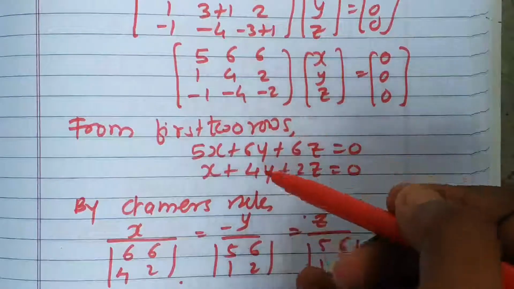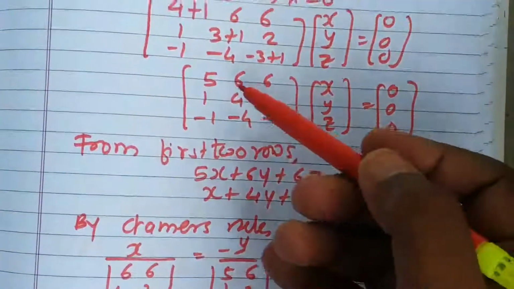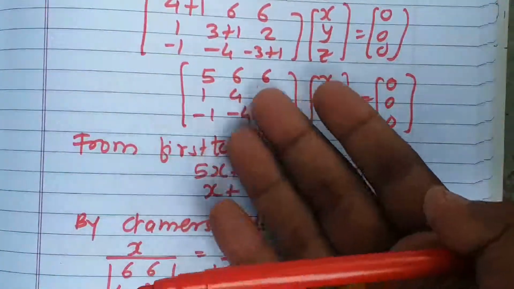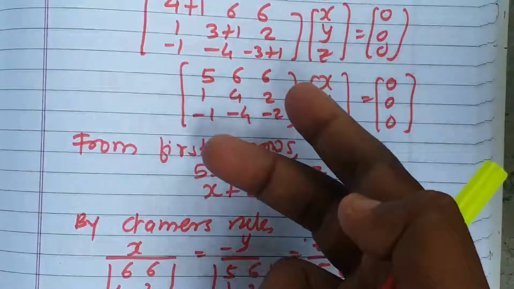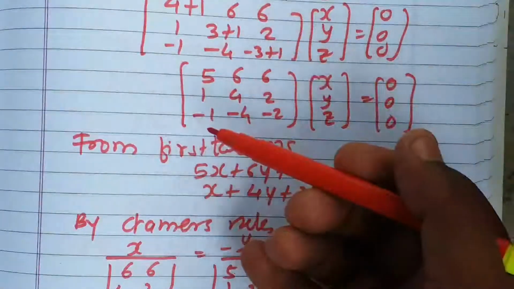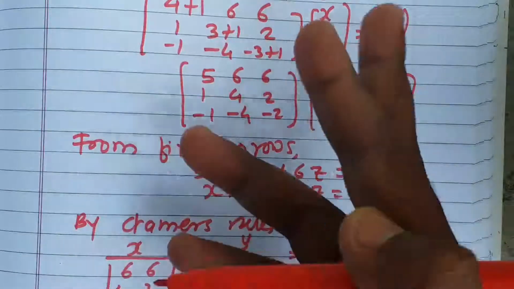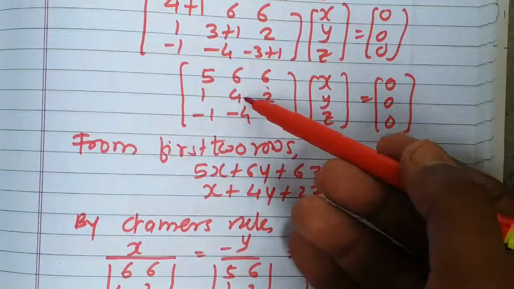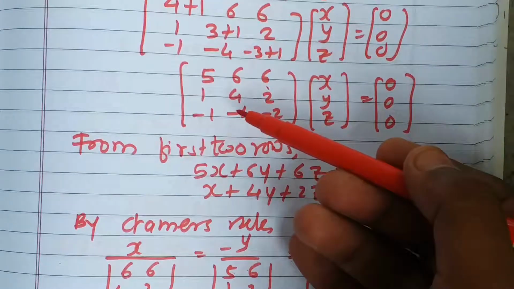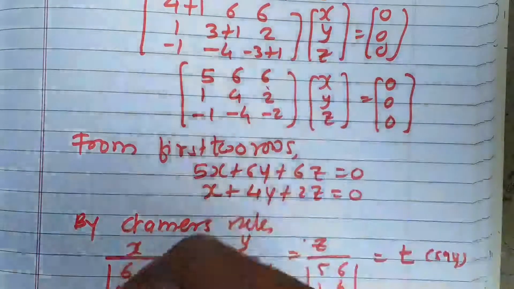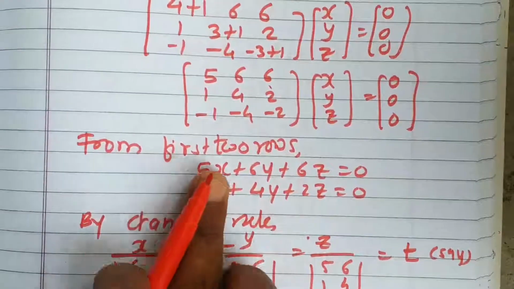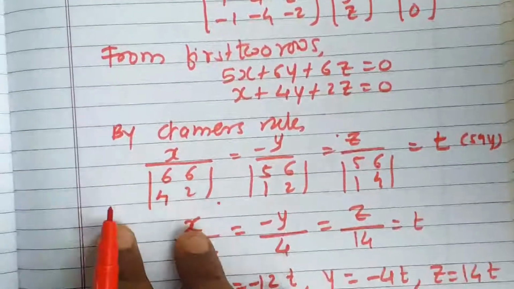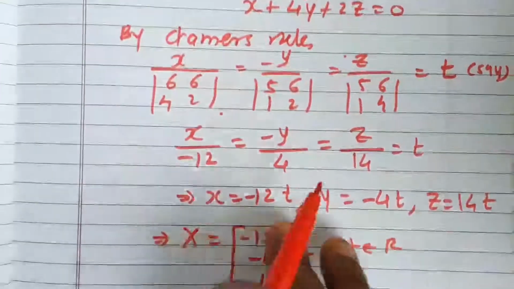For applying Cramer's rule, we must have two different equations, and from any of the three rows you need to identify them. Sometimes all three rows will be different. In that case, you select any two rows. But here these two rows are identical, so we should not consider both, only one of them, and the second row. Consider those two equations and apply Cramer's rule. In this way you will get the eigenvector.